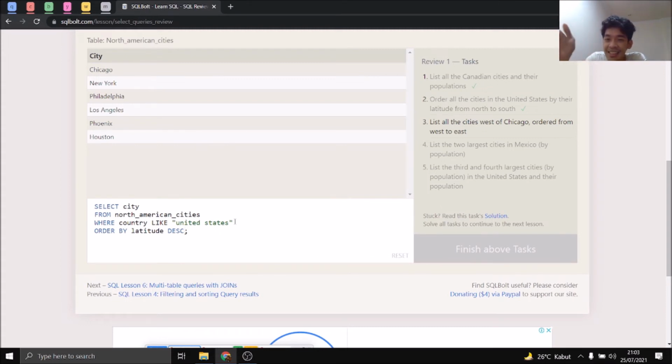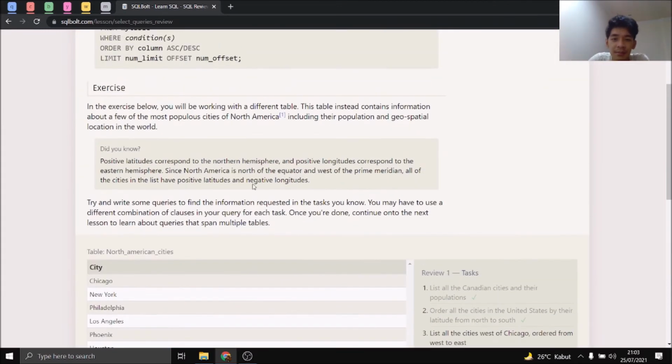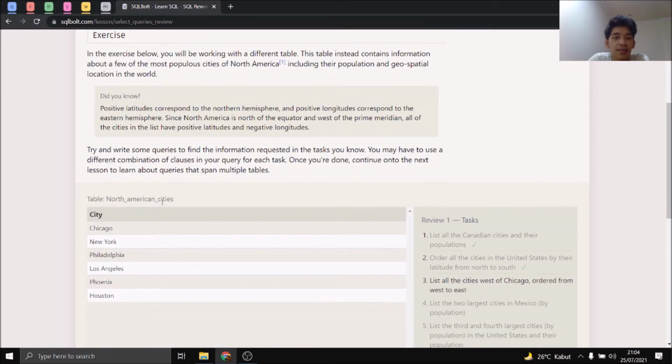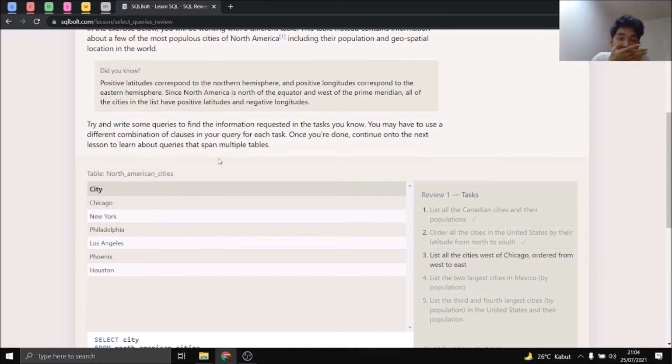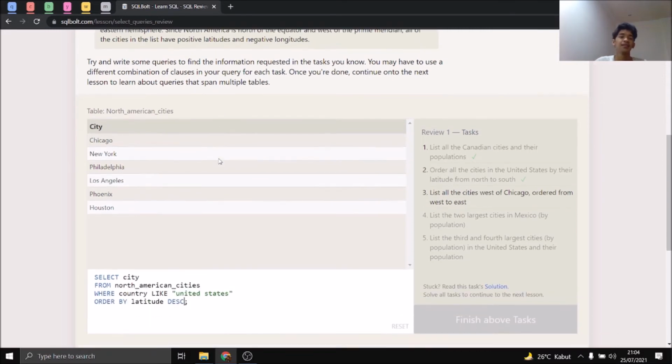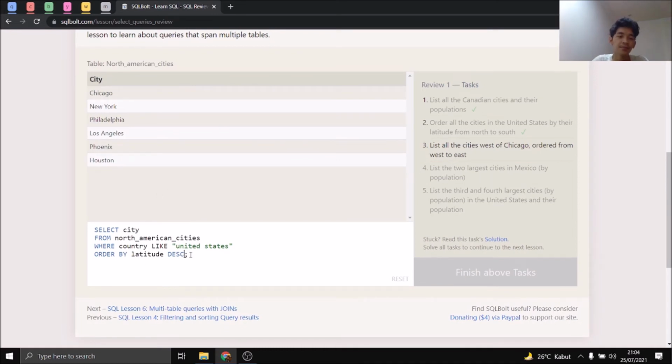List all the cities west of Chicago. Okay, west, so it should be west. And positive longitude corresponds to the eastern. Positive in the east. So if we want to take the west, it should be smaller, right? So where